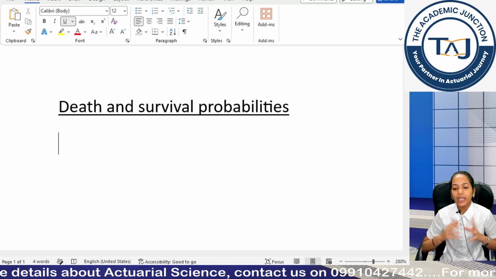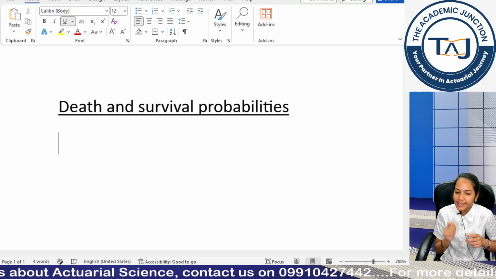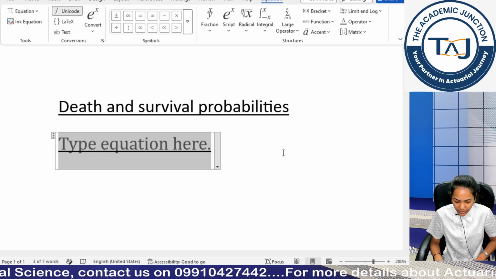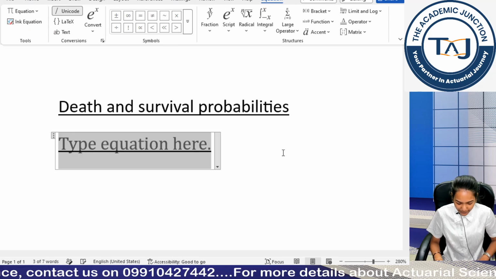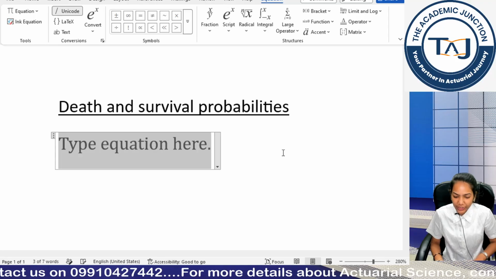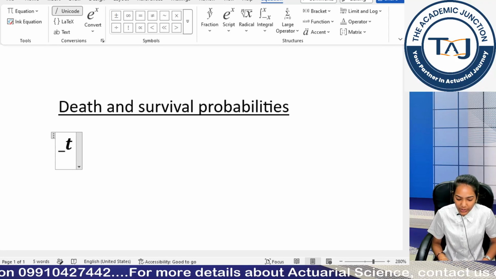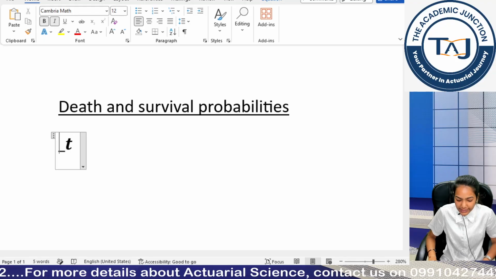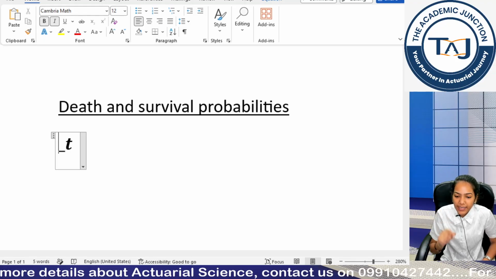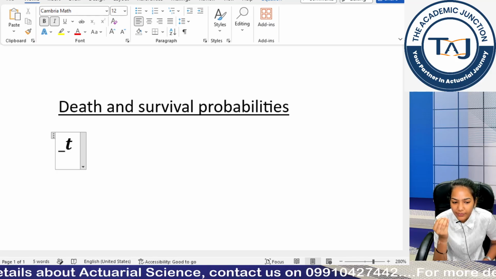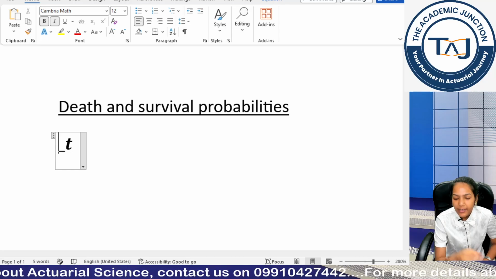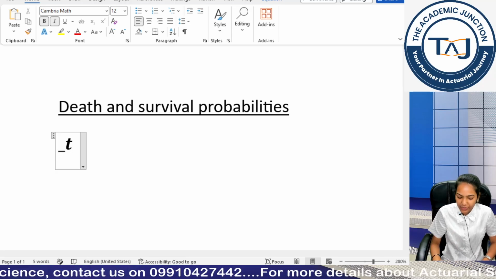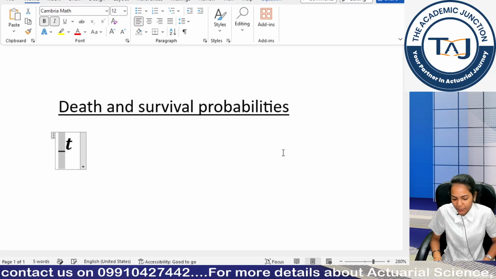So there are two approaches. First of all, if you are using equation editor, it is a little difficult to get that exact symbol. Why? Because if I write underscore t in equation editor, for example, it won't get into subscript without a text before it. And in tpx we might not have any notation or word before this t sign, right? We just have tqx, so it is a little difficult to write in equation editor. That's why I prescribe students to use the normal approach in this case only.